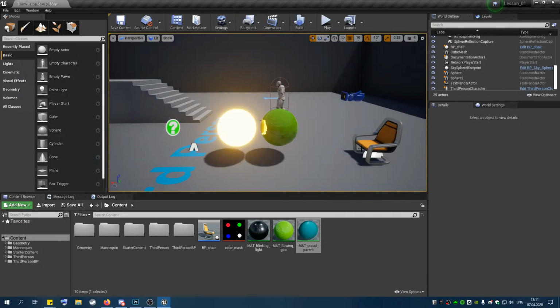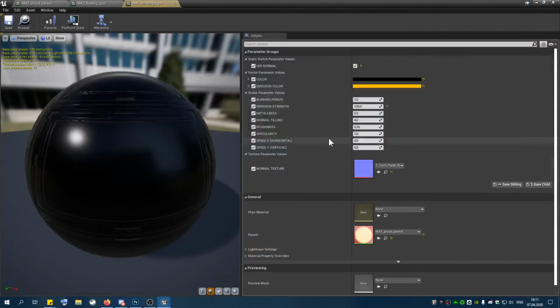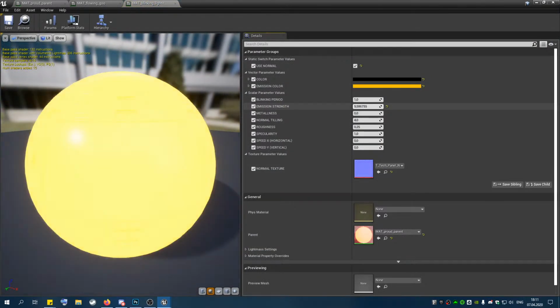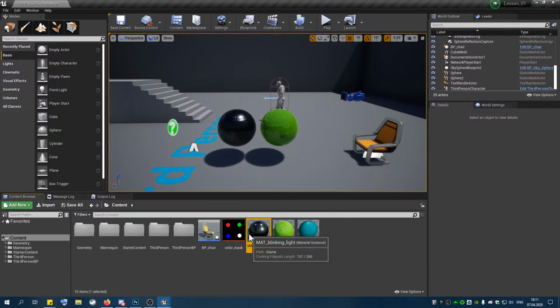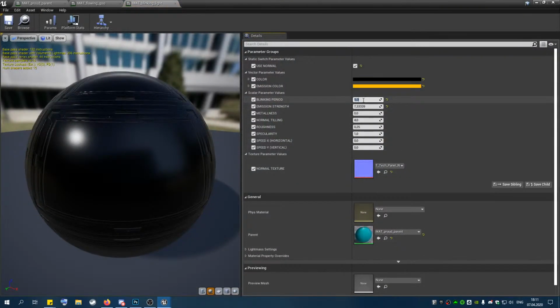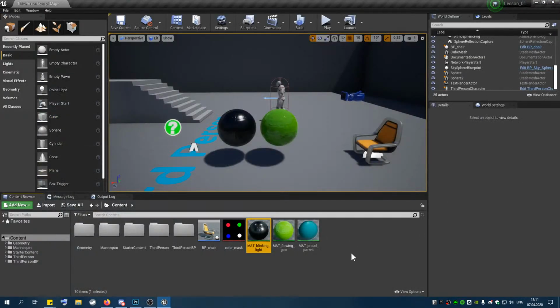Maybe I will make the blinking less intrusive because it's really annoying. Yeah, now it's worse. Thank you very much. Okay, the other way around, please. So yeah,